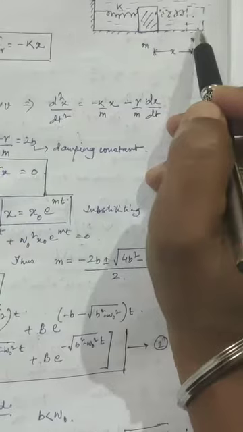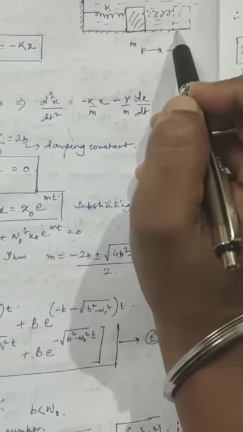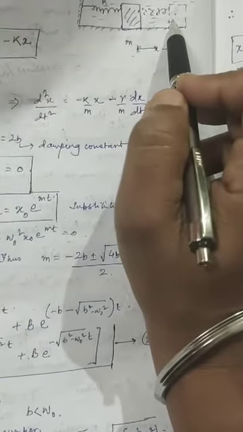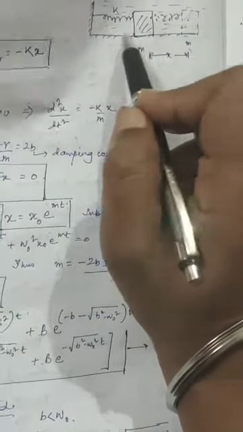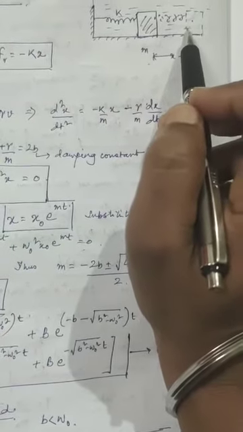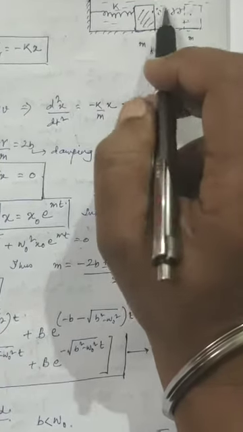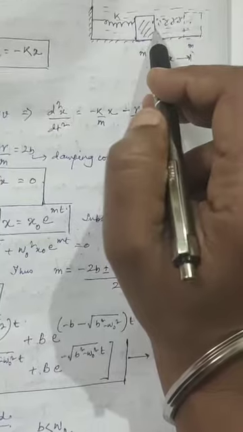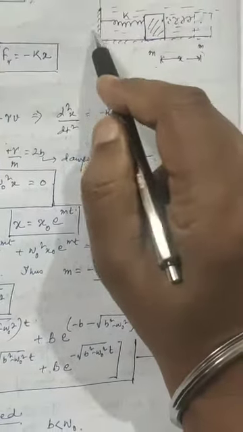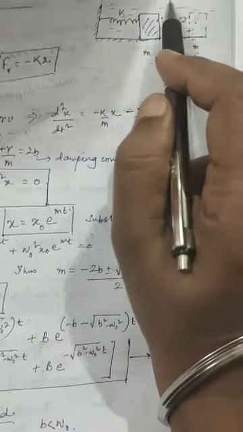Again I release the mass, or I stretch the spring, let the displacement of the spring be x, and again I release the mass. Again we'll have an oscillatory system. Maybe we'll have an oscillatory system, we'll see the results, but this time it is kept in a liquid, let us say, and the liquid has a viscous force or a drag force.